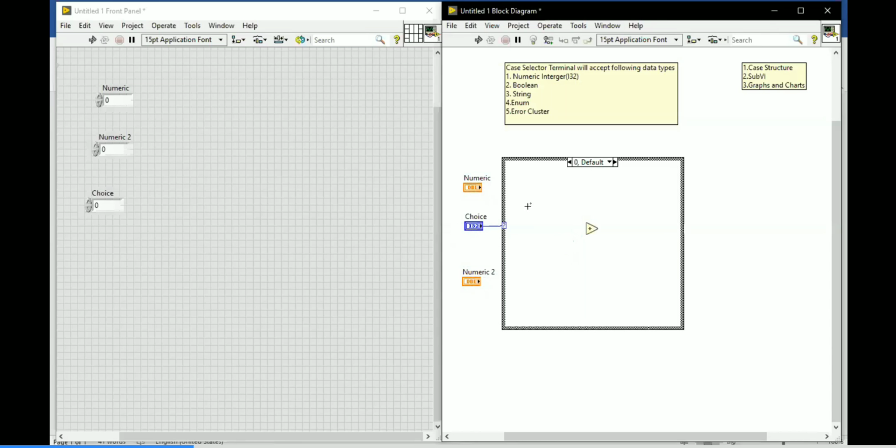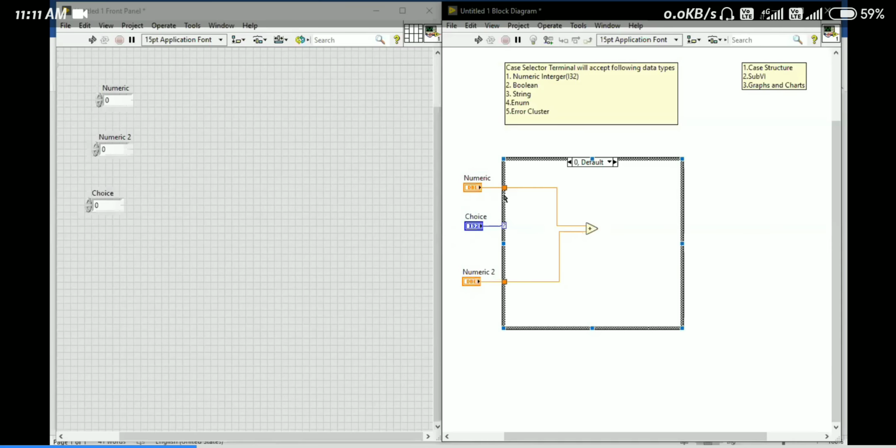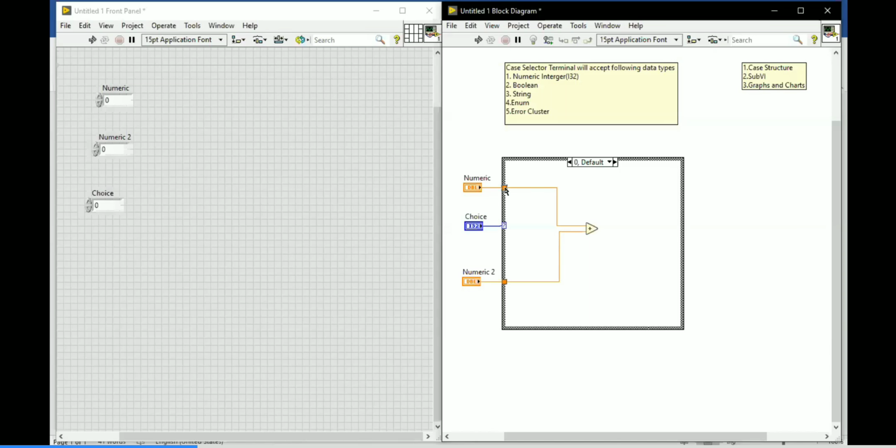Why? Because if you keep the control outside the structure, it will be common for all the cases which you are performing, and you can make use of the control value. So I am going to connect the value like this for addition. If you keep the control outside the loop, one tunnel will be created. Don't call it a last value. That is a normal tunnel. In a while loop only we have last value, indexing, conditional, and concatenating tunnels. But in this case, it is a normal tunnel to pass the value to the function over there.